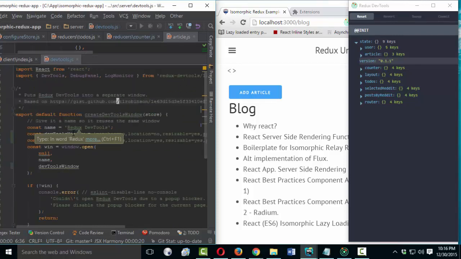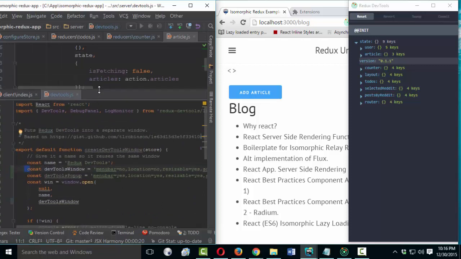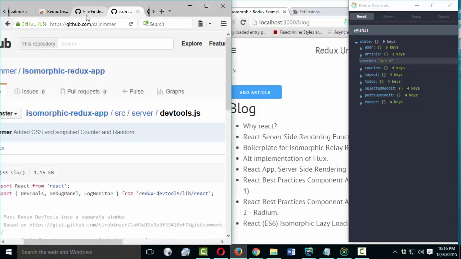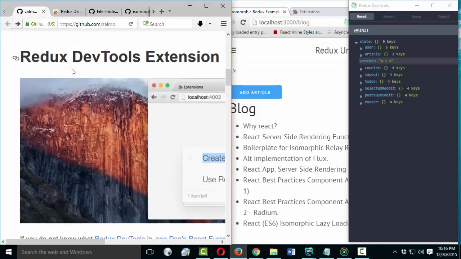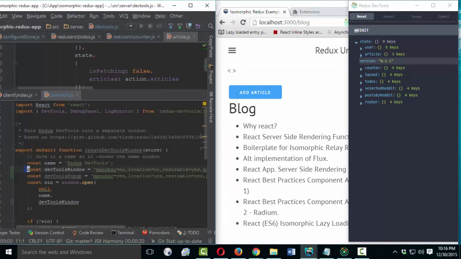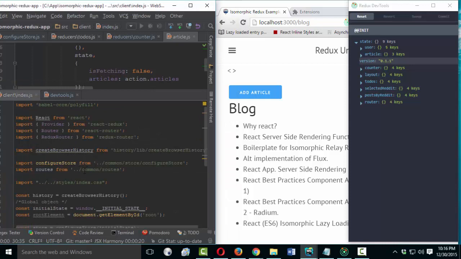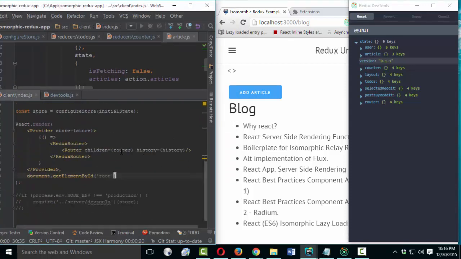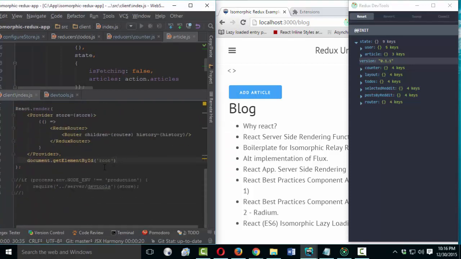The only feature I added is this to constants. I will show it now. And we need to create this file. We need to follow all the steps that we have in Redux DevTools. But here it's a little bit different. You can compare. And then in your client index, I just uncomment these lines.